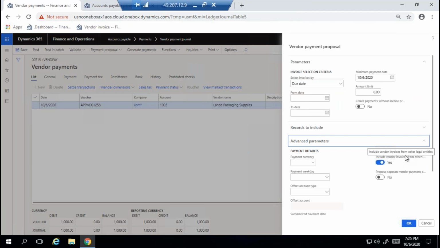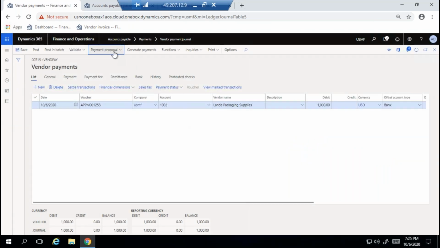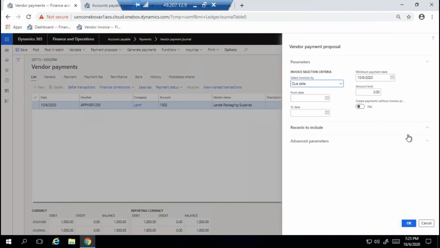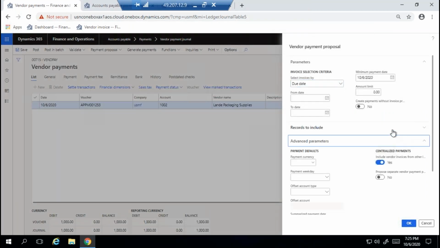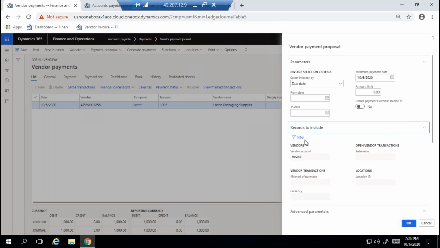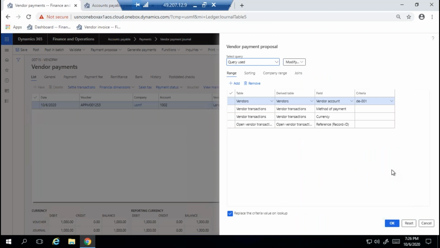Understood? This is centralized payment. Rather than selecting the same company, the system is proposing, and you can select other legal entities also. You can have a filter, you can map. Understood? Centralized payments.